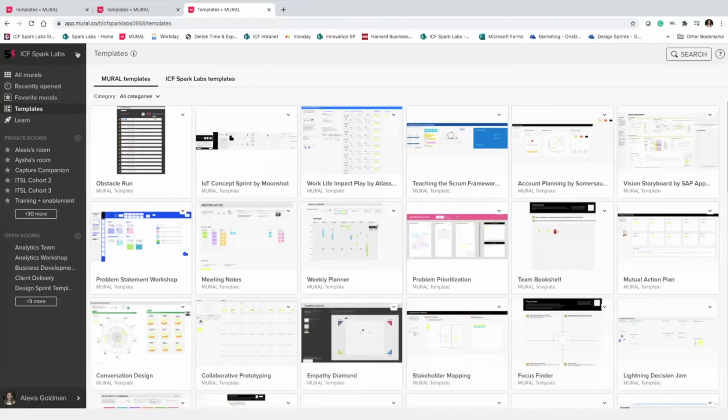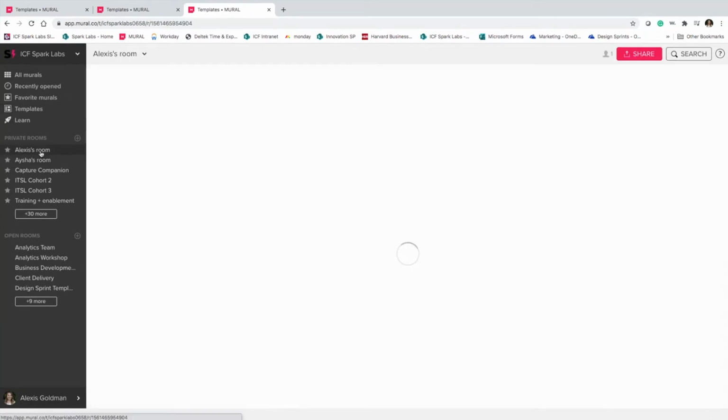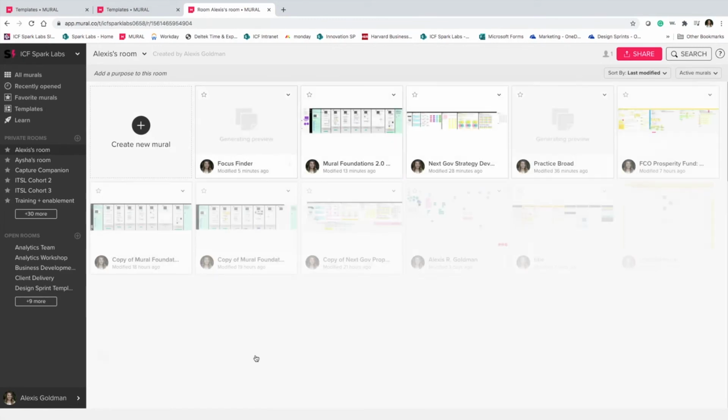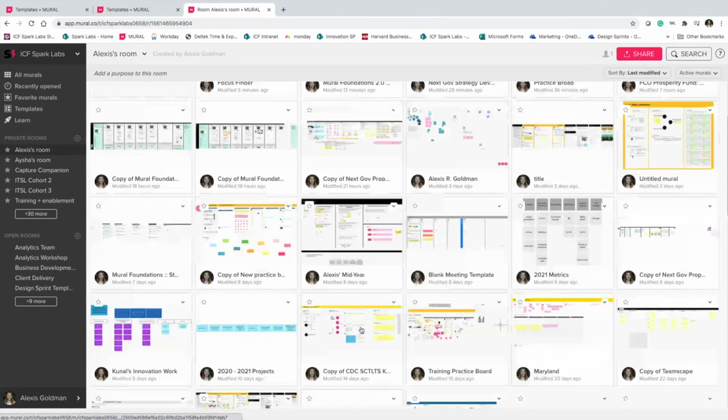I want to talk about workspaces really quickly because this can be a little confusing. At ICF, we have a workspace for every single operating group. And by default, you are invited to the workspace that your operating group is. However, you can be a part of all of the workspaces or as many workspaces as you'd like. But the thing to know is that it is almost like a new account. So all of my murals that I have here, which is a lot, they're not going to be in my